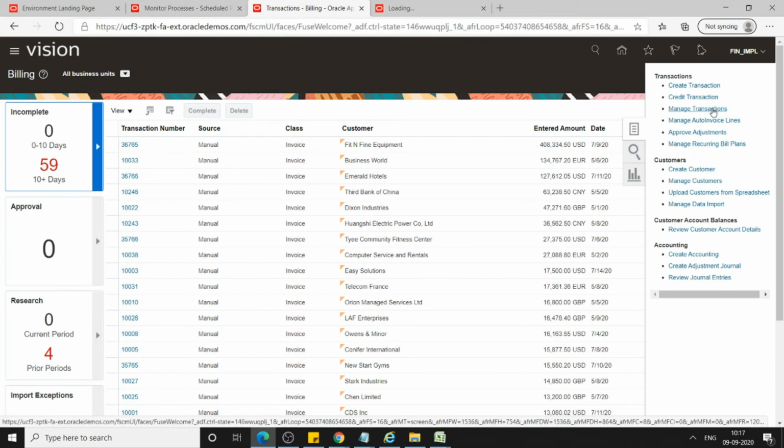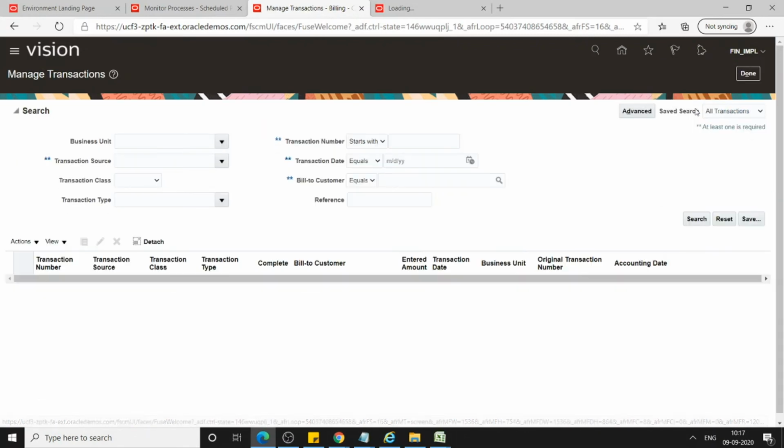Because the auto invoice import program might have already created the invoice, we will see that invoice number now. If you want to see that invoice number, you click on manage transactions, or if you want to create an AR invoice manually, you can click on create transaction. So now I'm going to manage transactions.